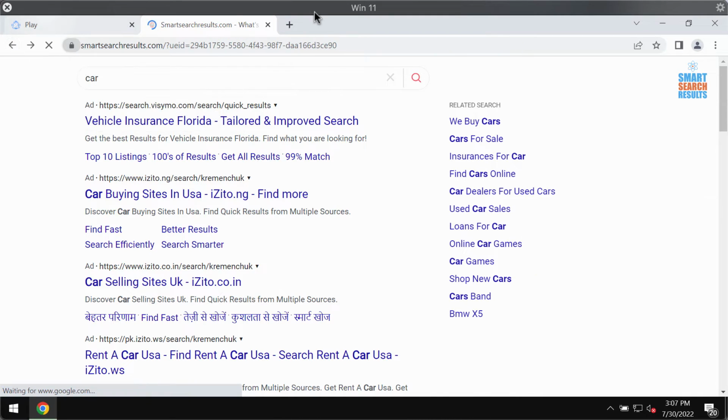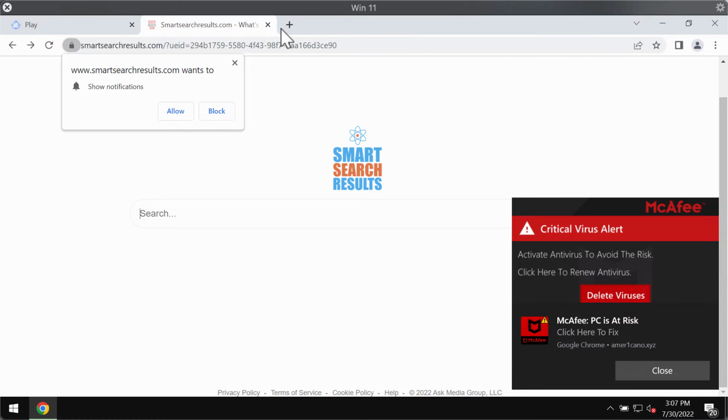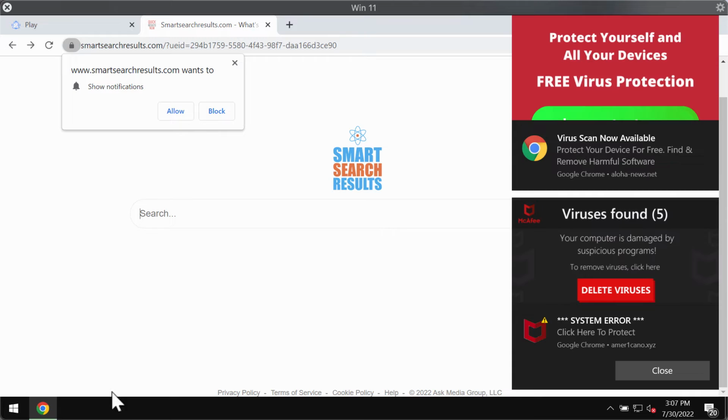Intrusion of this hijacker into the browser is the result of people downloading and installing some free software that can be bundled by default with this browser hijacker. The hijacker may be related to some unwanted browser extension, or it may work through certain program enabled in the